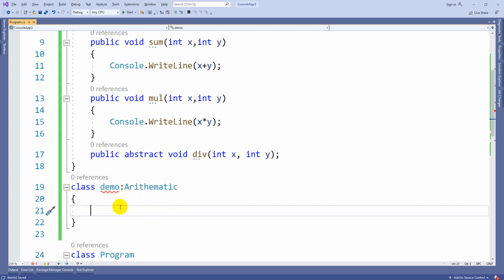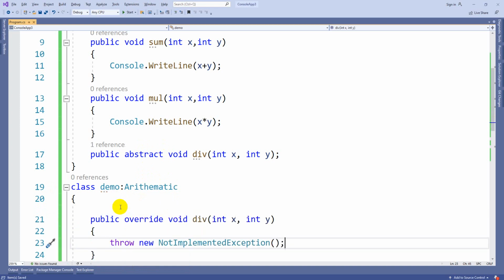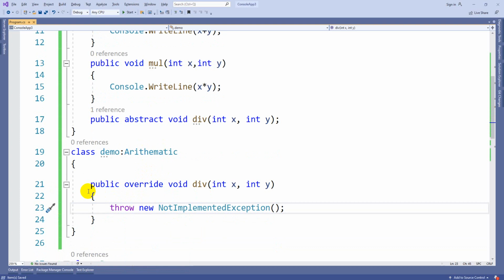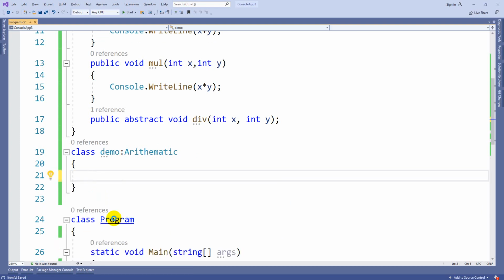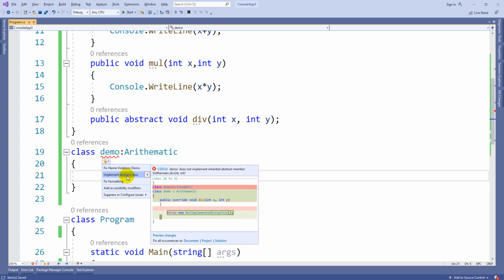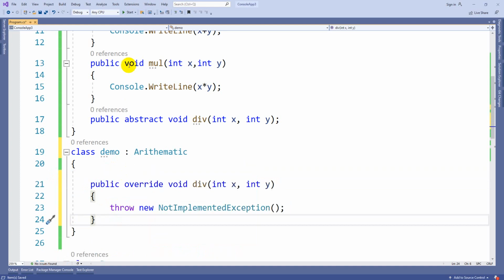Here you can write the code like this: public override void div. Otherwise, you can take the mouse on the error, where there is an arrow mark, and click it. There is an option to implement abstract class. Then whatever incomplete methods are there, that structure will be formed here and you can write the code.